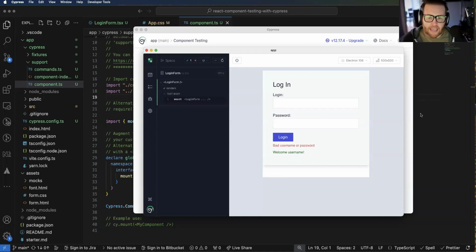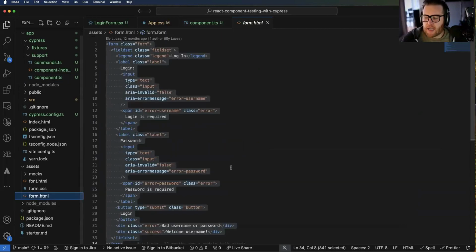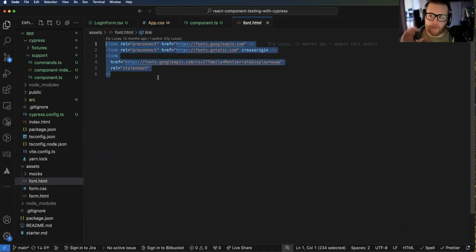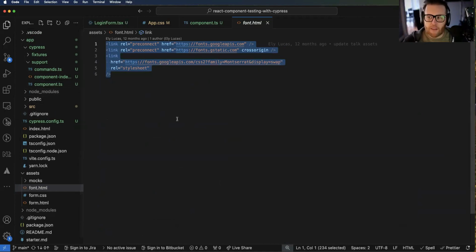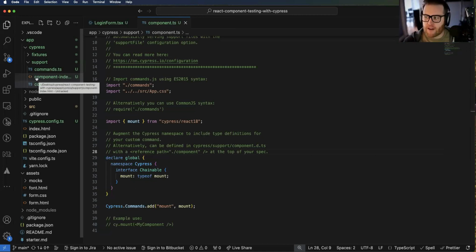So again, here we have this form, but there's a couple other things that you'll notice that we're missing. These fonts look a little weird, and that's because inside of our actual assets here, we realize we're loading some fonts from Google that get put into the head of our application. The problem is, how would you actually go about doing this with component testing? And this is a great opportunity to demonstrate the other thing that gets scaffolded inside of this support folder, which is this